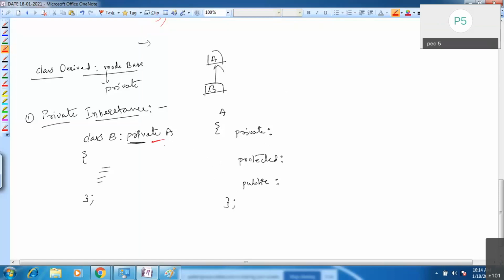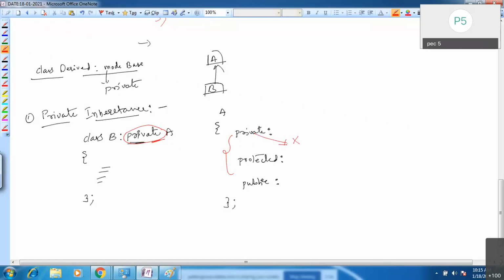The concept of inheritance is that you get all the data members and member functions and can use them inside class B. But if it is private inheritance, can we use the private members outside?